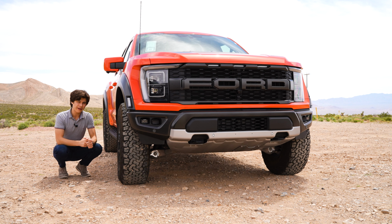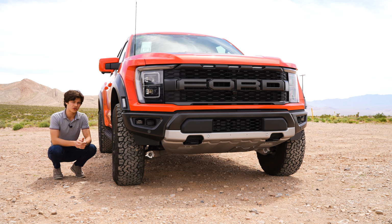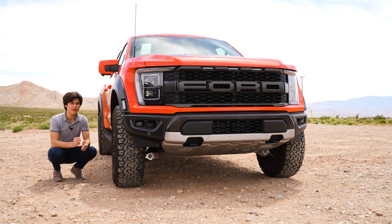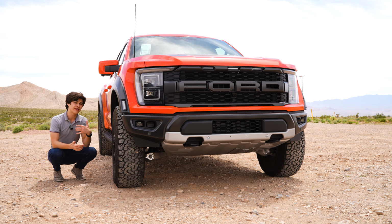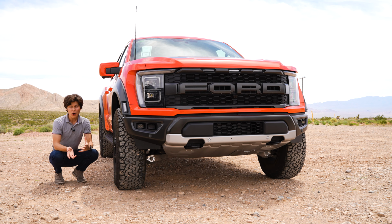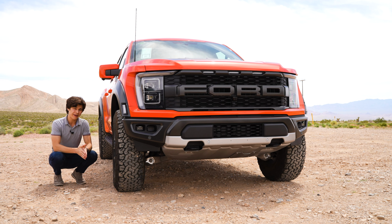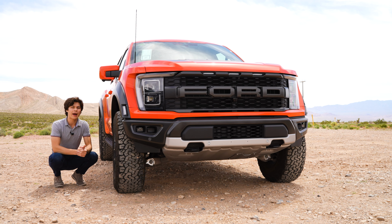Now, when it comes to front suspension travel, the R37 package Raptor does suffer a little bit from having these larger tires. You're going to get 13 up front and 14 in the rear, and if you were to get the 35-inch tires, you'd have 14 up front and 15 in the rear. Both are going to be higher than what the TRX offers. So, when it comes to suspension, you're going to have a lot more fun with the Raptor rather than the